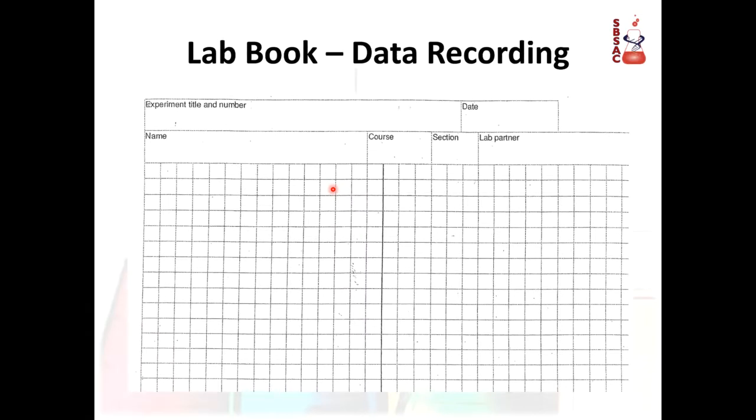How does it look when you record? On the top, you have basically a section where you write all the basic information. So you have to write down the title of the lab, the number and the title. So the first one will be experiment number 1, glassware and pipettes. When you've done it, then you should write your name, your course, your section, and whoever you do it